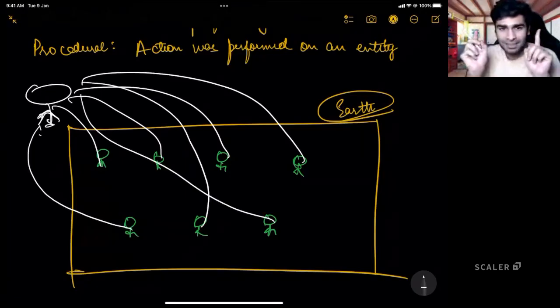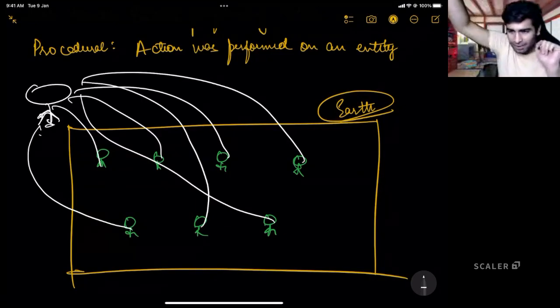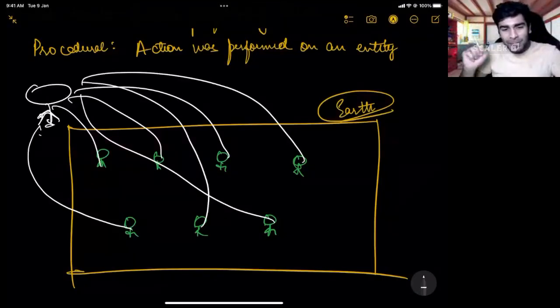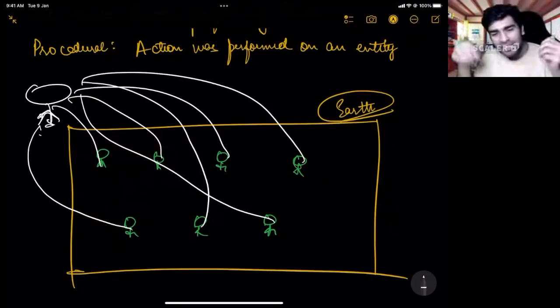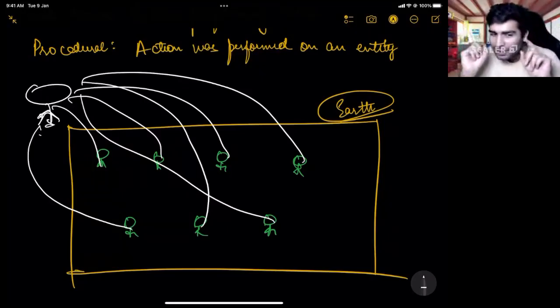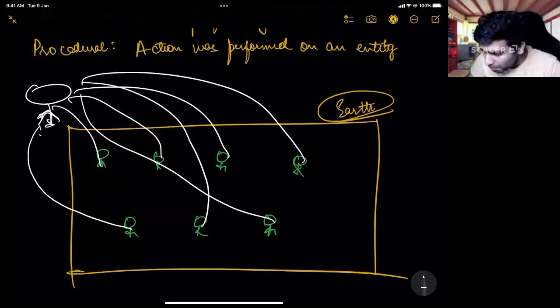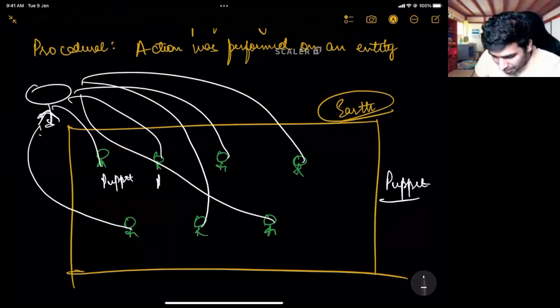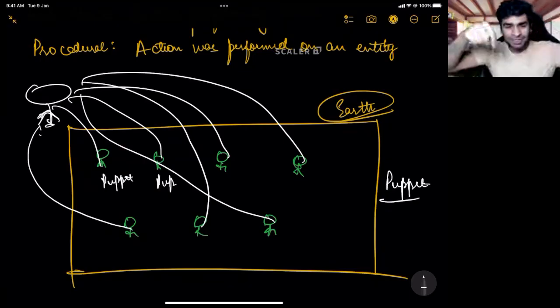Is that making sense? So there is someone who has control of every entity, and they can make that entity do anything by changing their parameters. Is that clear? Is that making sense with everyone? Now, do you see this system is very much similar to a puppet? Entities are nothing but puppets here. This is a puppet. This is a puppet. And these are puppet holders.